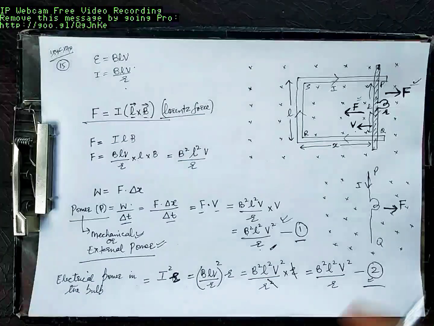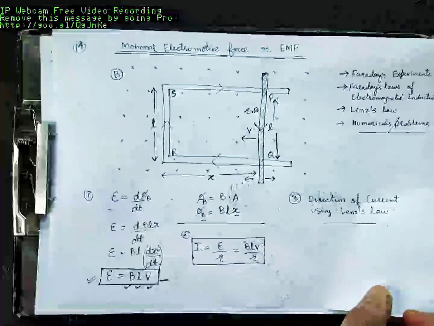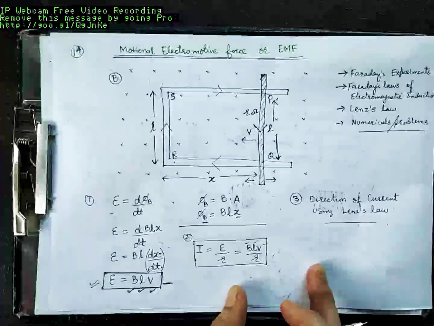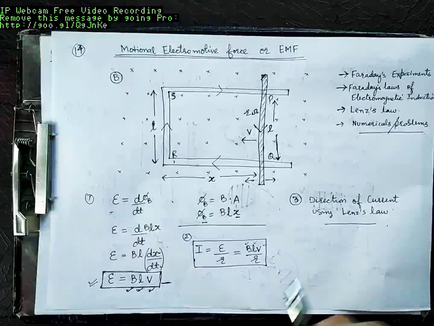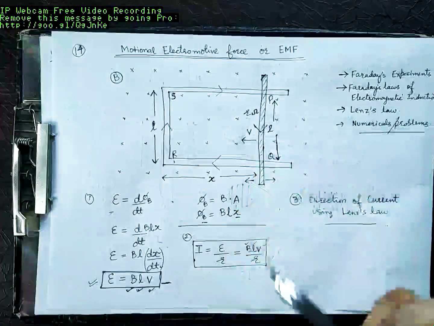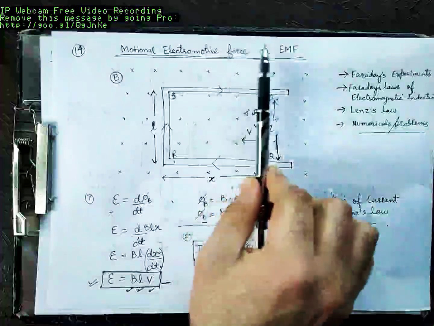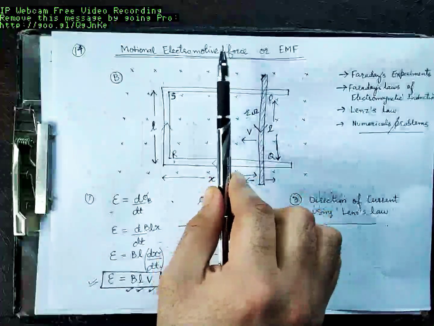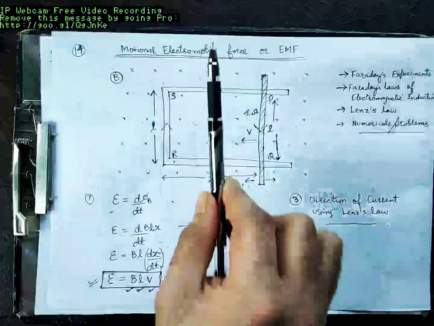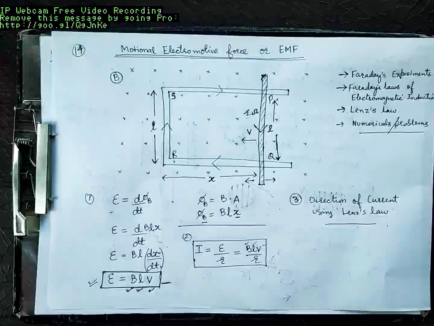So in this case, the earlier case, I represented this conductor with resistance R. So in order to move this conductor towards left, I will have to put in some energy. And that mechanical energy gets converted into electrical energy. Now you should ask me a question, sir, what happens to that energy in this case?